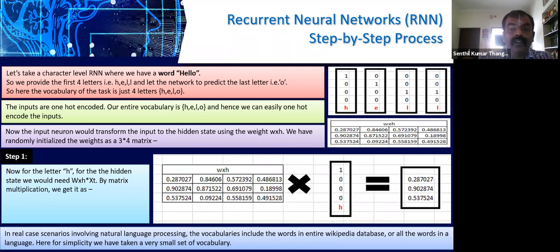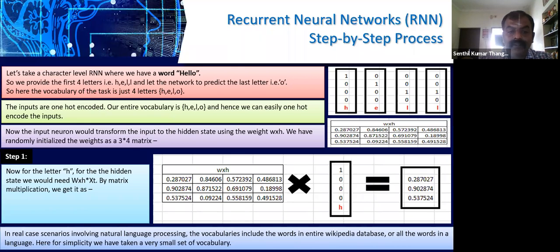Now next, we are moving towards the step-by-step process of how RNN will work, right? As far as RNN is concerned, RNN takes in a text and tries to process the text. It is generally understood for text recognition, right? So let's take your text as HELL. Each character here will be encoded as an equivalent binary. This will be done by using one-hot encoding. In the morning we discussed what one-hot encoding is. So we have an equivalent binary for all the 4 letters, right?